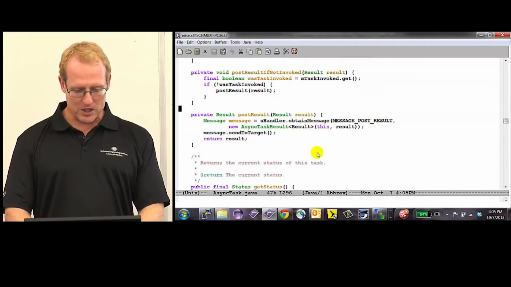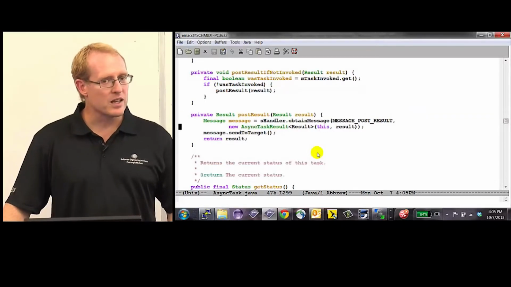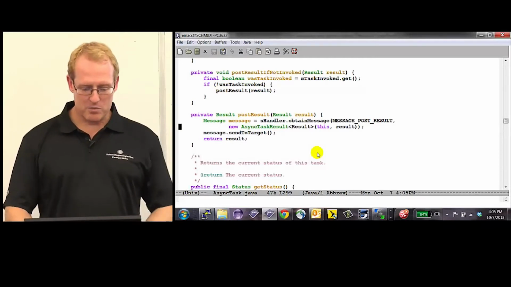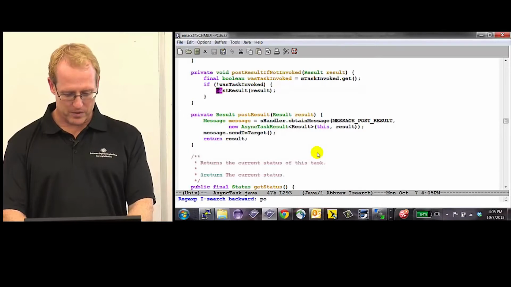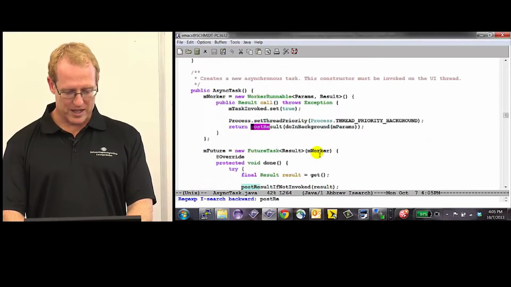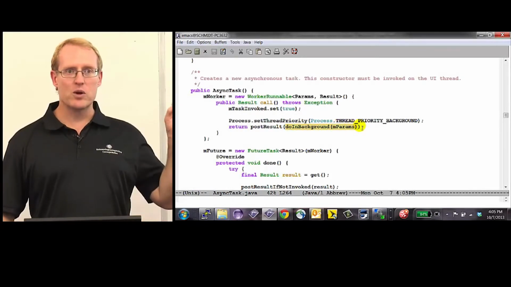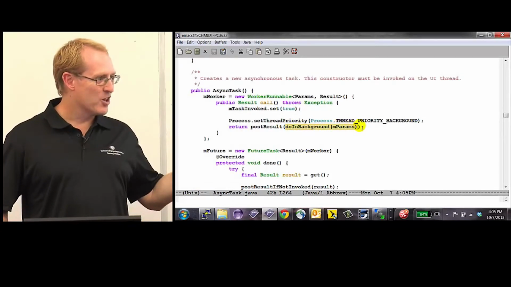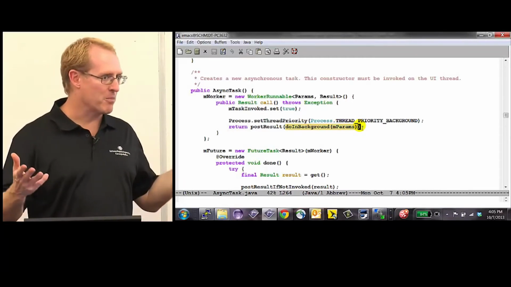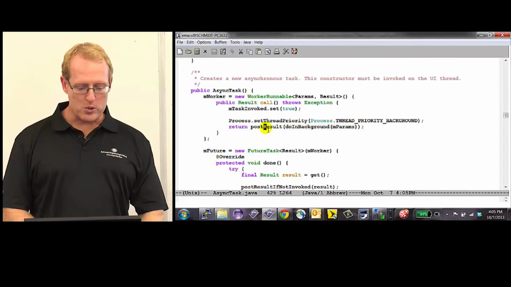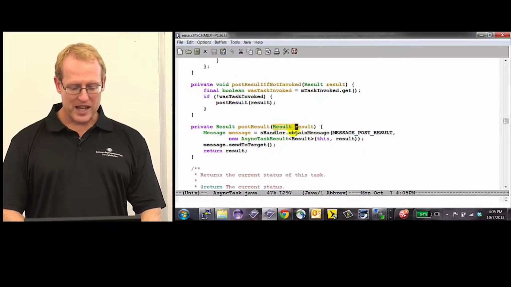OK, so there's a bunch of other little helper methods. Here's an interesting one. This is an idiom you see a lot in Android, by the way. So PostResult, we'll see where this gets called. So take a look at PostResult. So here's an example of PostResult. When we ran doInBackground in the background thread, when we were finished running in the background thread, it returned a result, which was the bitmap or whatever. And it's going to post that result. So we go here, PostResult takes the result, and it goes ahead and